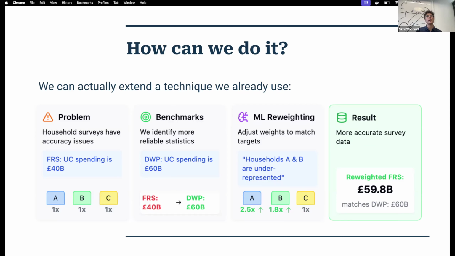So what we do is we identify reliable statistics that we trust more, so the government tells us how much it's actually spent on universal credit. And then we use machine learning to adjust the weights of the family resources survey in order to force it to be more consistent with the government statistics that we trust more. And then at the end of that, we have a new version of this survey, which is much more accurate,